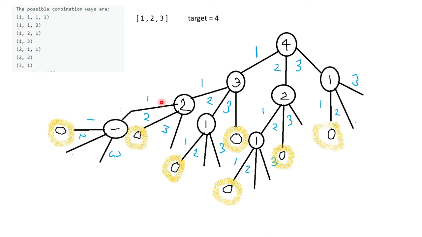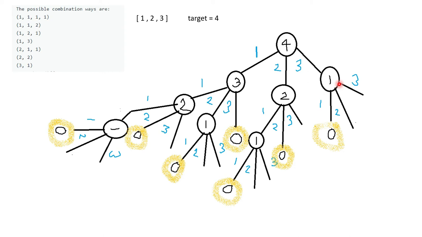As we already know that 2 combinations are possible if the target is 2, then why calculate it again? Why form the tree and do this DFS and backtracking and all, because we already know this result. Similar case, if you look here, for the target 1, we know that only one combination can be present. Then why do we calculate here and here or here? So 3 times we calculated again. That is a waste of time.